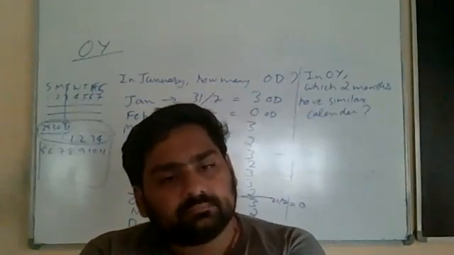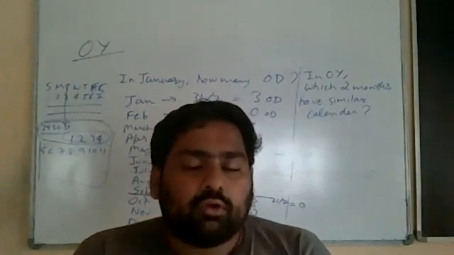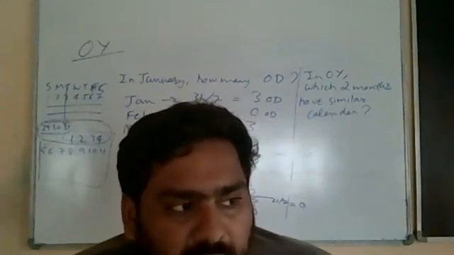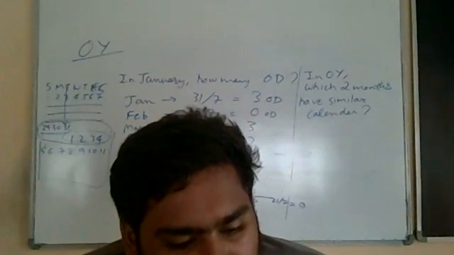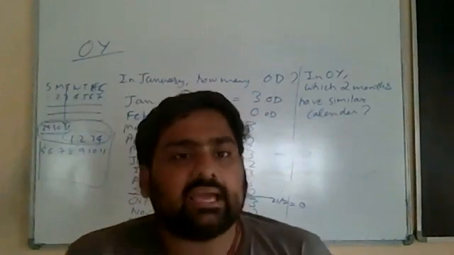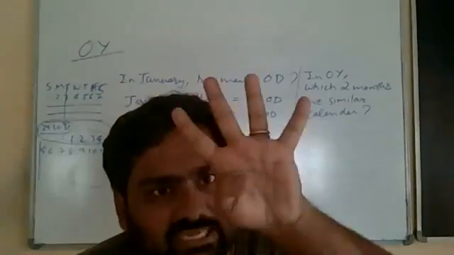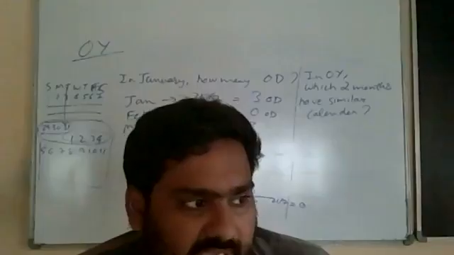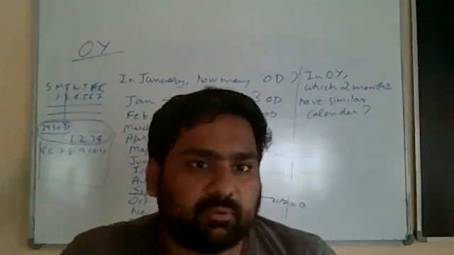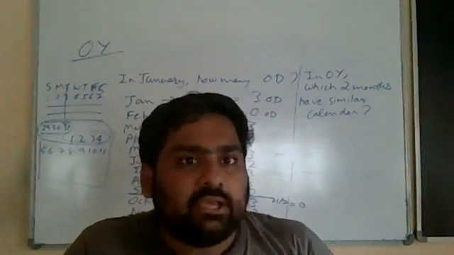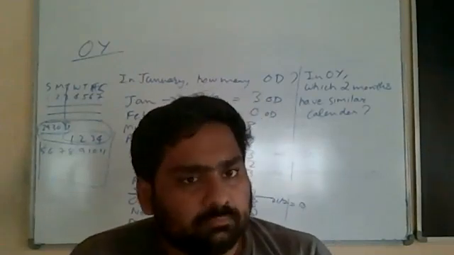Then how many are remaining? 3 days. These 3 days are contributed by February or by January? In February, how many days are there? 28. So is there any extra day contributed by February, or exactly 4 weeks? Exactly 4 weeks. It means February is not contributing any extra day, yes or no? Yes, sir. But January has already given it 3 extra days. So February has taken it, but it does not have the capacity to retain it, so it is pushing it to March. Yes or no? Yes, sir.